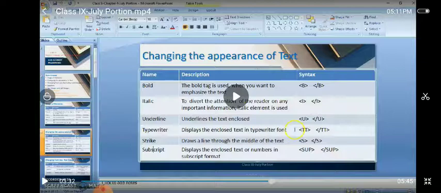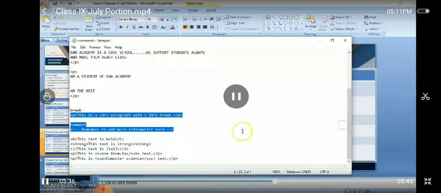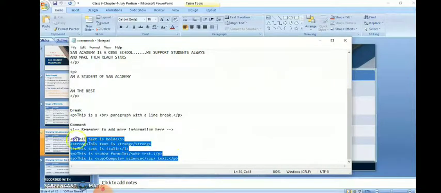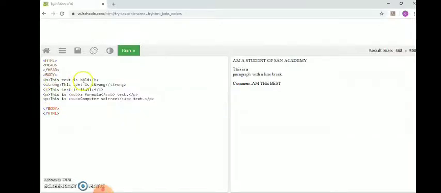For all these things, an opening tag and a closing tag are required. Then italic: in a Word document, you have the italic style, right? Same like that. Then underline, to draw an underline. So I'm doing the same thing, reflecting it in an HTML document for you to understand better. Here I am pasting the code. Yes, so now you can see bold is there. After bold, I'm putting a BR so that each line comes separately for you.